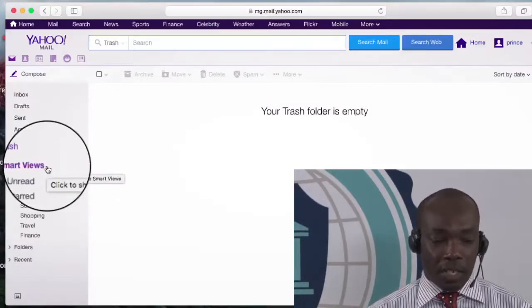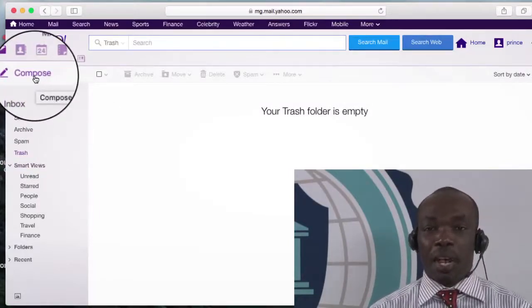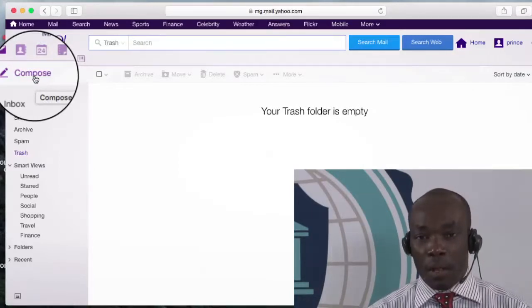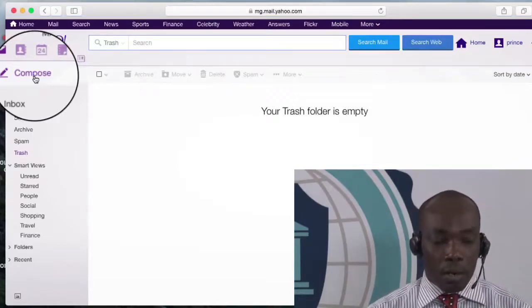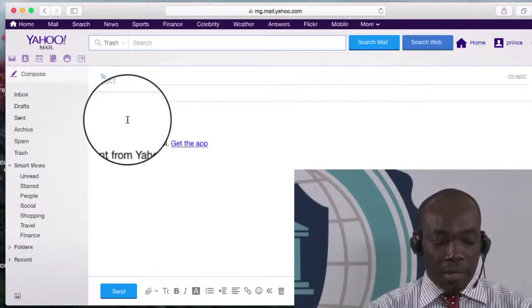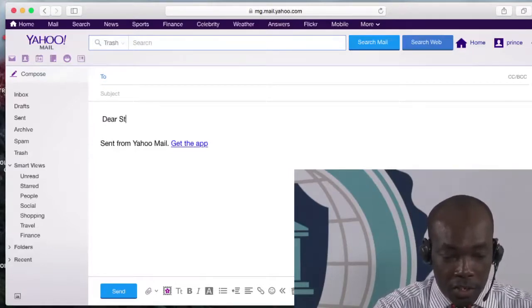Now for me to send a message, you click on Compose. If you are using Microsoft Outlook, you click on New Mail, New Email. If you are using Microsoft Outlook, you use what? New Email. In Yahoo, if you are using Yahoo and Gmail, you click on Compose. That is, I want to write a message. Then you write your message. Dear, you mustn't type everything in capital letters. Dear students,